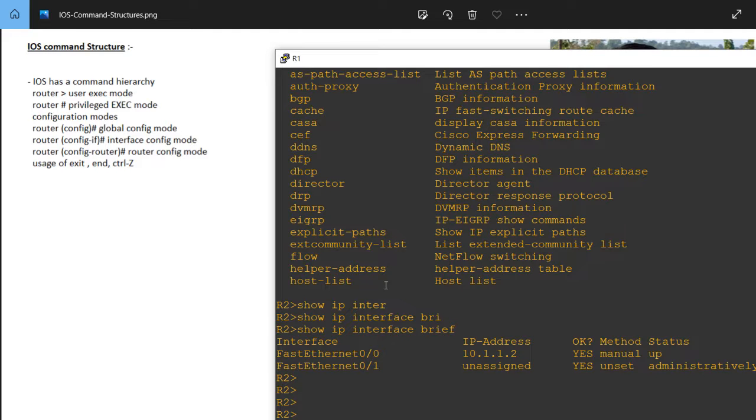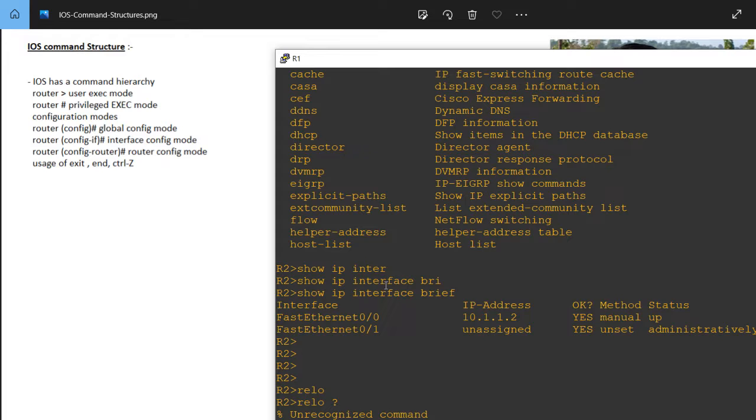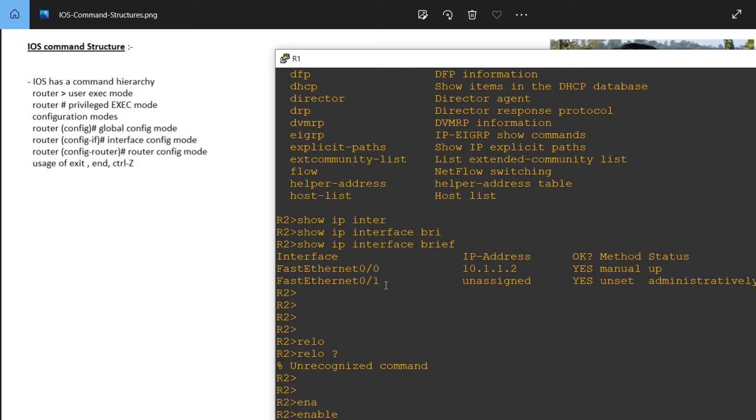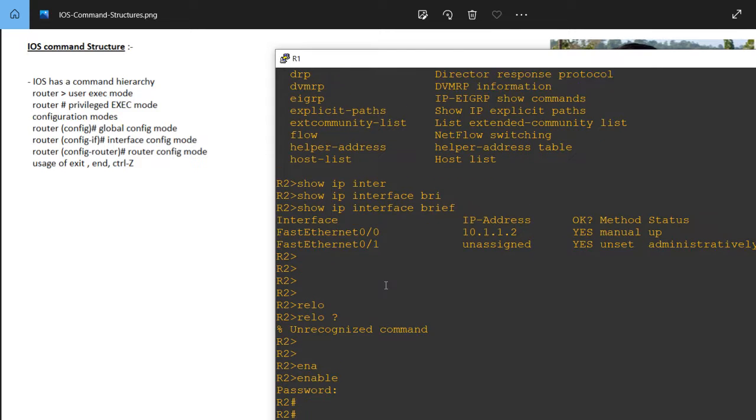Is reload allowed? See, reload is not allowed. So that means if in your team you have some people with very little experience in networking, and you do not want to give them that much privilege on the device, because they might somehow reload the box if they have the privilege, right? So you can give them only user exec mode access. Now if you want to go to privilege mode, you have to type the command enable. I have already set the enable password, so this is the